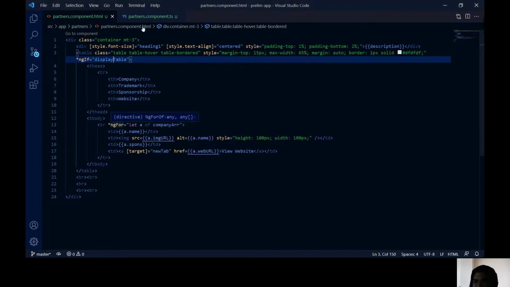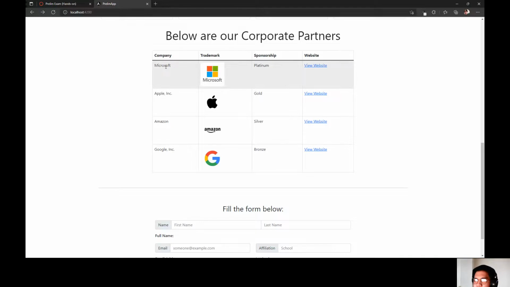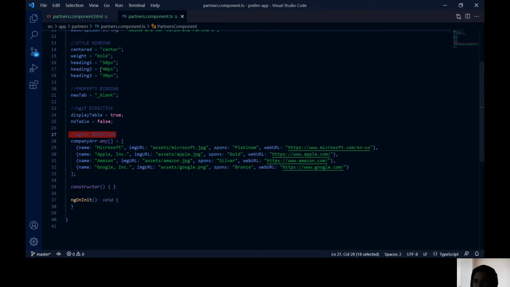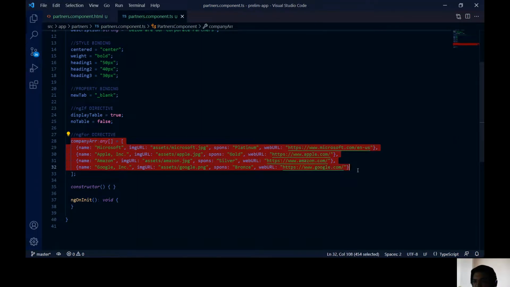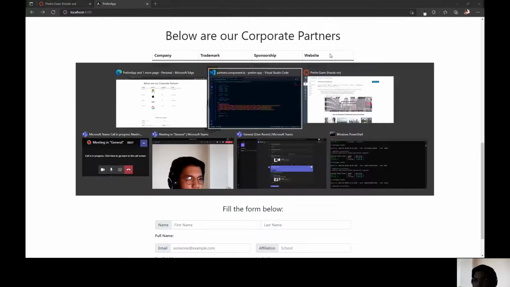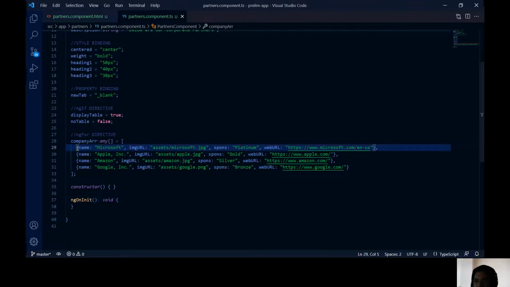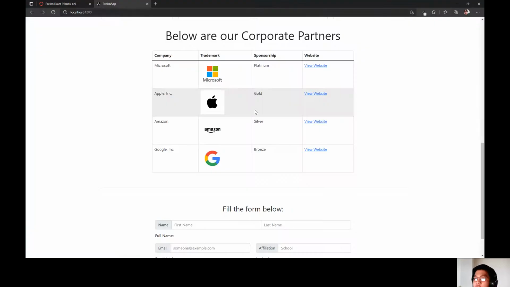And then lastly is the ngFor directive. So the ngFor directive is used to iterate on an array, which is this, the company array that has the values for every cell in the table. So we have the company, the trademark, the sponsorship, and the website. So this ngFor directive iterates through the contents of the array and displays it on the website or on the